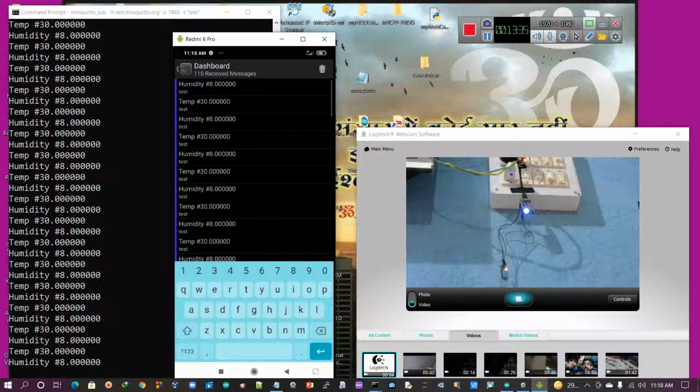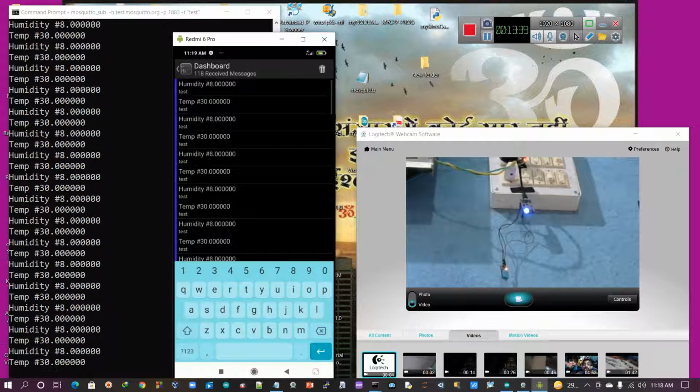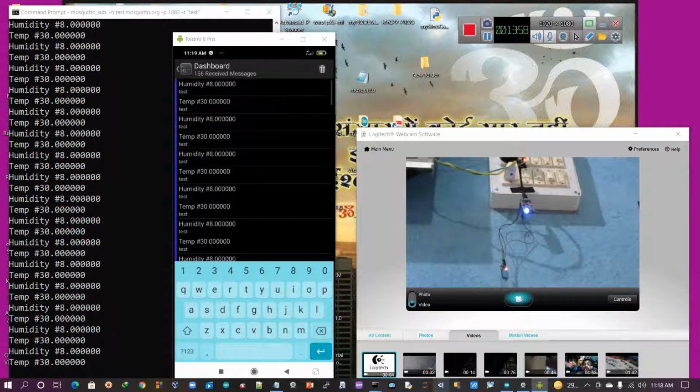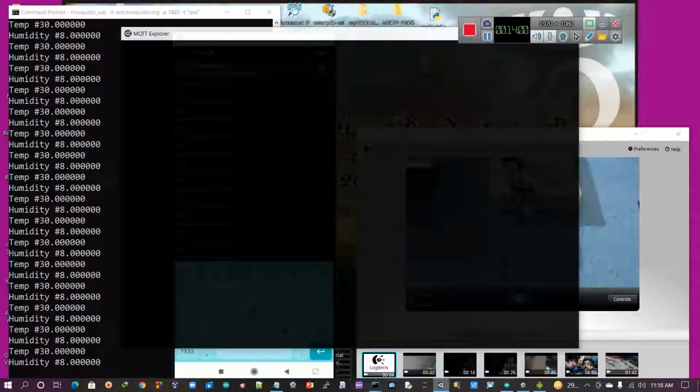In the previous one, I showed you how we can control the LED from the external world. Now here I am getting the information generated by the NodeMCU on my mobile as well as on this one. One more thing I would like to show you: what happens if I open MQTT Explorer? Should I get it or not?